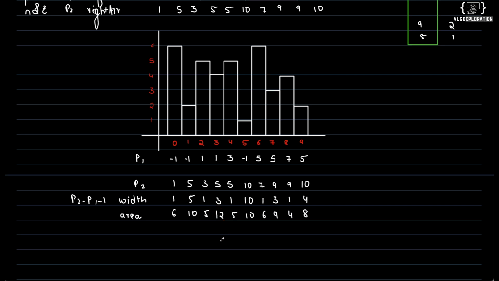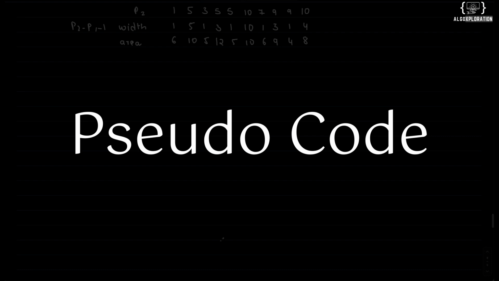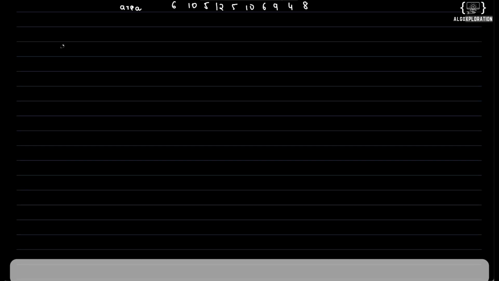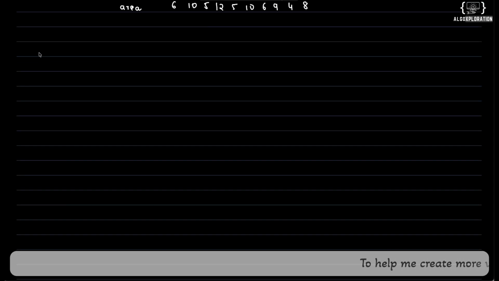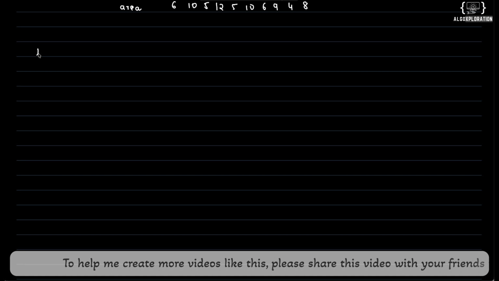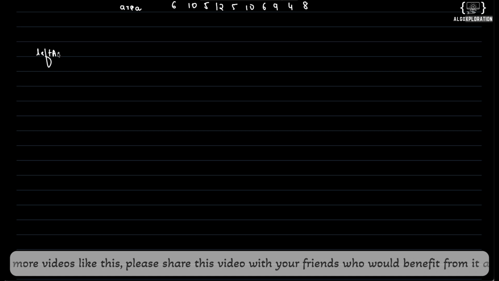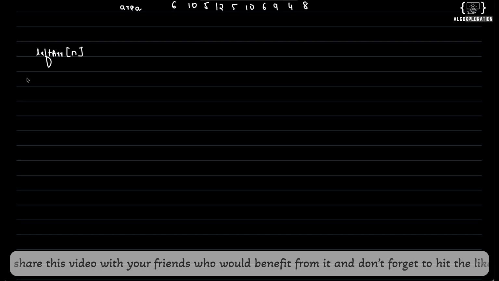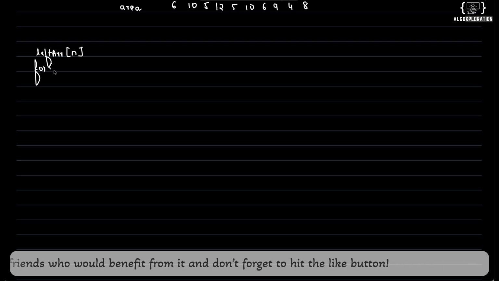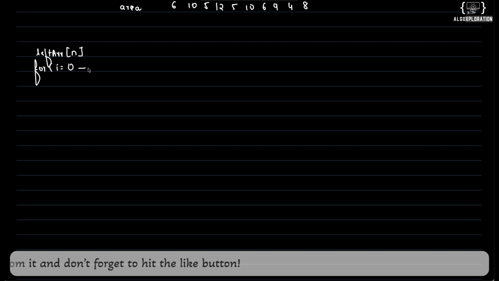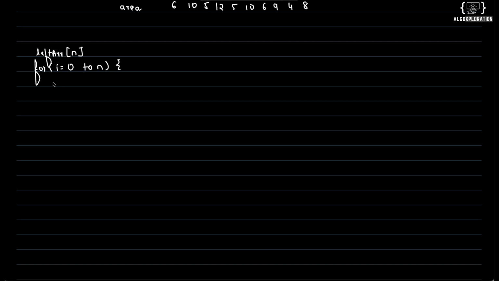Now let's talk about the pseudocode. Now first I'll find the previous smaller element, in which I will be first creating the array. So left array, the size will be n. Now for I equals to 0, it will be gone till n. Now over here, what I need to do, while